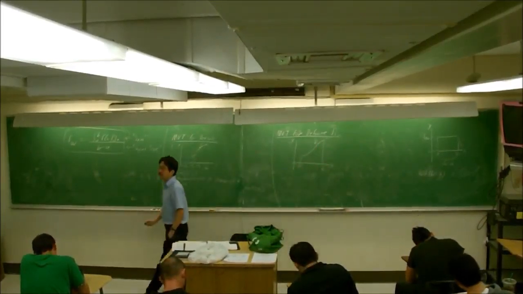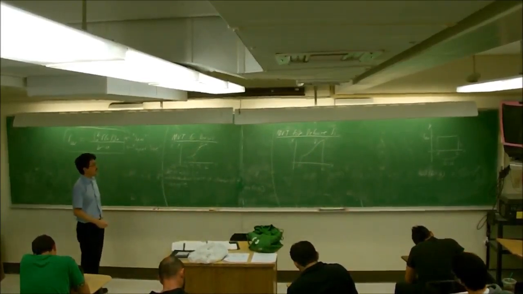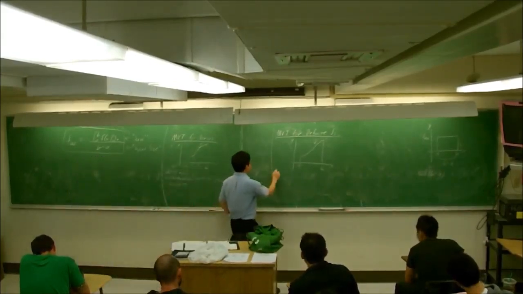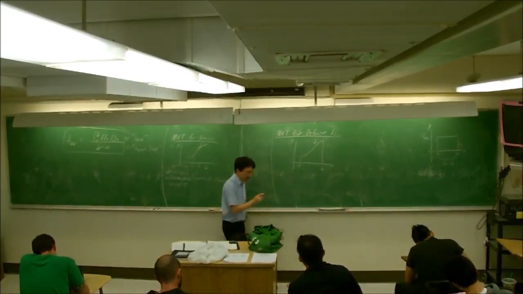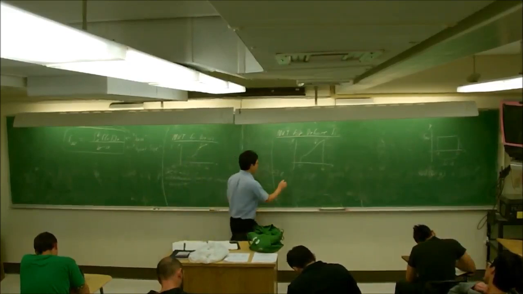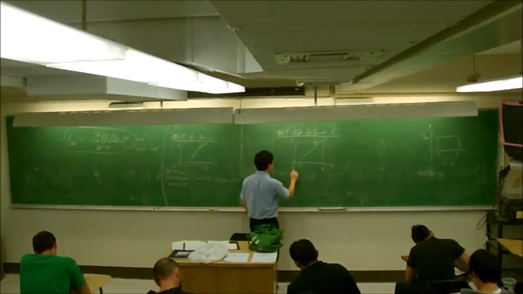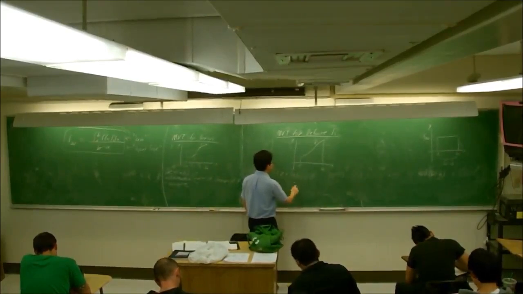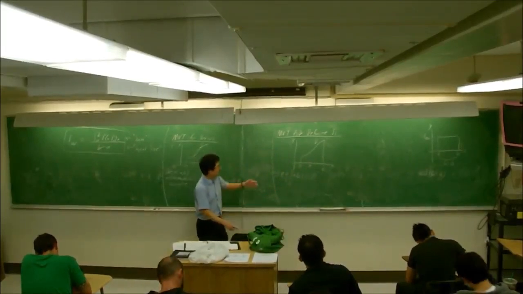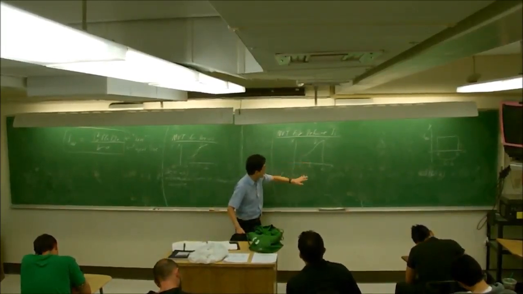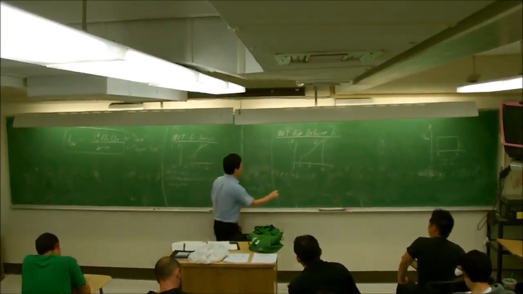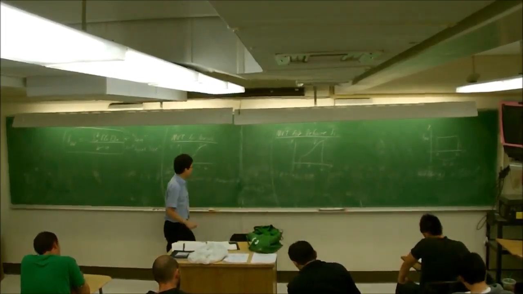Now, what does the MVT for definite integrals say? It says that if f is nice, in this case that means continuity, it means that there exists a z value. Sokowski uses z for some reason, just because it's a different letter. There exists a z value in the open interval from A to B. There could be more than one, although this guy is 1 to 1 here, so there are no other values of z, but there could be. There exists a value for z in the open interval from A to B, such that, it's not this